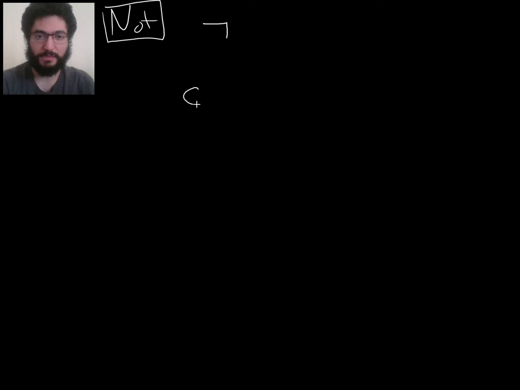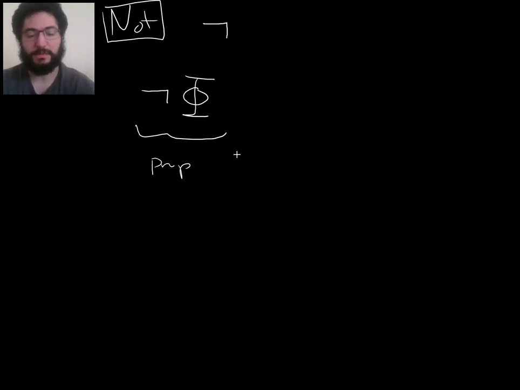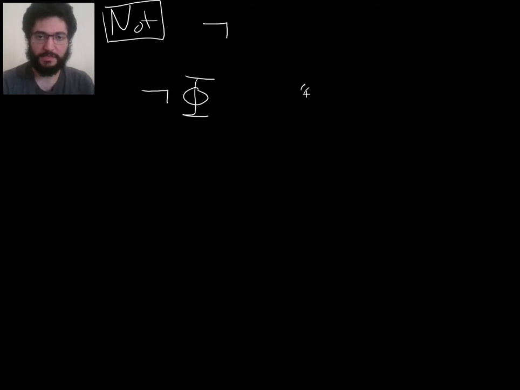So here's how it works. If you have a proposition, then you can stick one of these symbols, a negation symbol, in front of it, and this will be a proposition. So this is a proposition. And that's the grammar of the symbol. That's all there is to it. As far as what it's supposed to mean, the semantics is,